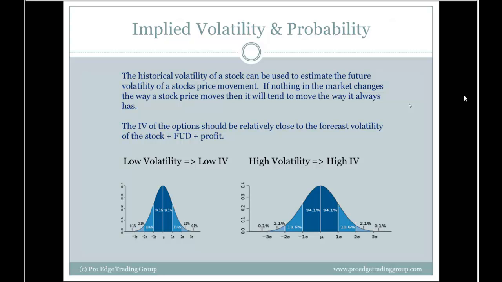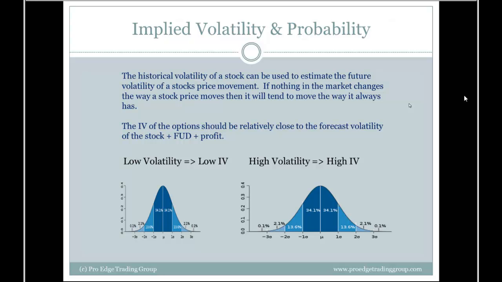Now, some stocks don't have a lot of volatility in them. They've got a very, very tight range. They might move 0.2%, 0.3% in a day, might go up 0.1%, then go down 0.2% the next day. Very, very small price movements. In that case, we've got a stock that typically has a low historical volatility. If a stock has a low historical volatility, we can generally assume that going forward, that's not going to change